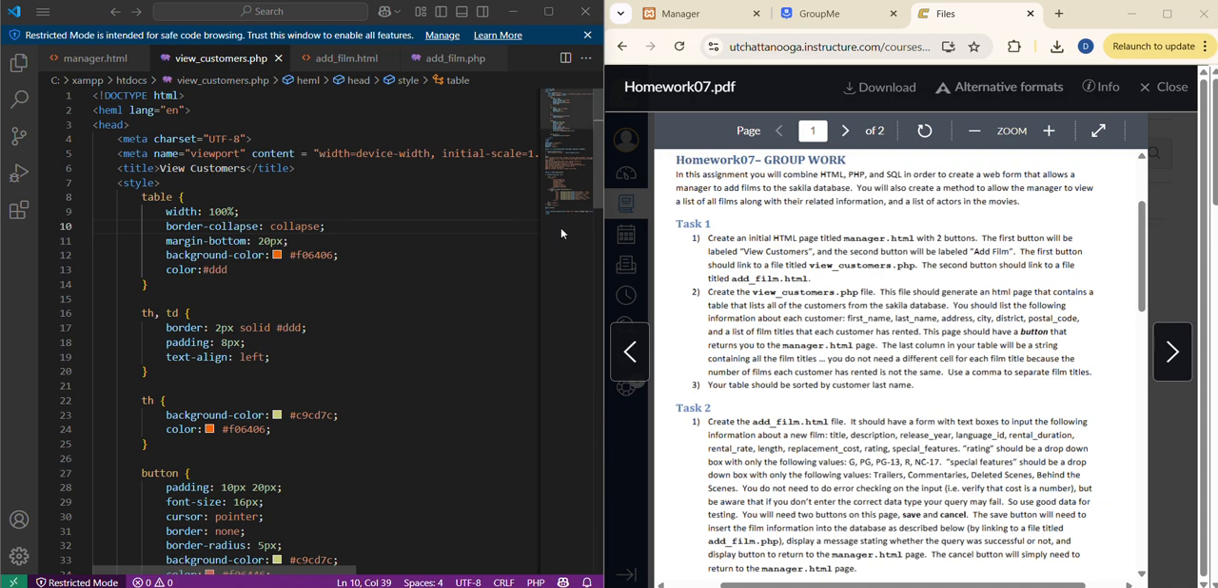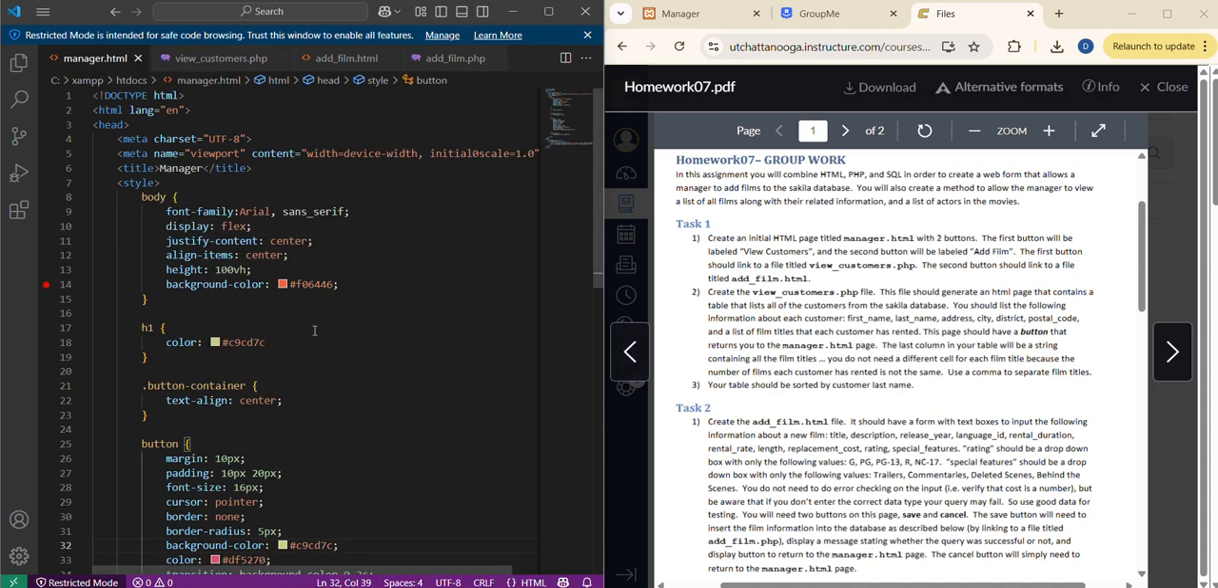Kira took care of task 1, which was to create an initial HTML page titled manager.html with a couple buttons. And then also to create a view customers PHP file that generates an HTML page that contains a table and list of all the customers from the Sakila database. And it also says that the table should be sorted by last name. So here we have our